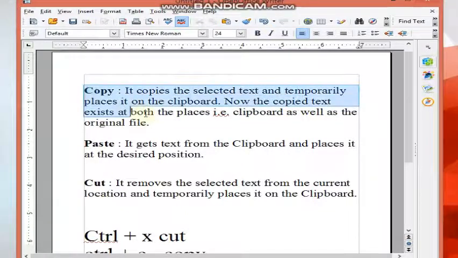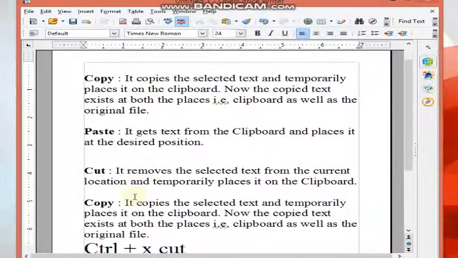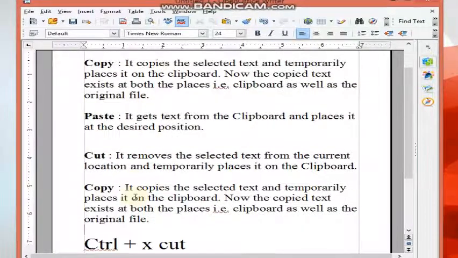So I will first select this and press Control plus C for the copy, and I will place it here. In both cases, cut and copy, we use paste, which gets the text from the clipboard and places it at the desired position. So in this way we use cut, copy and paste.